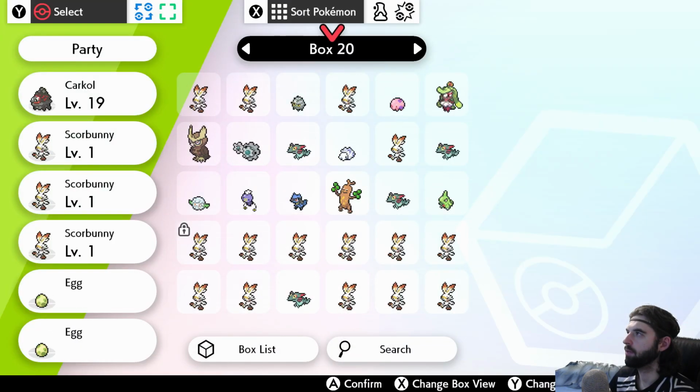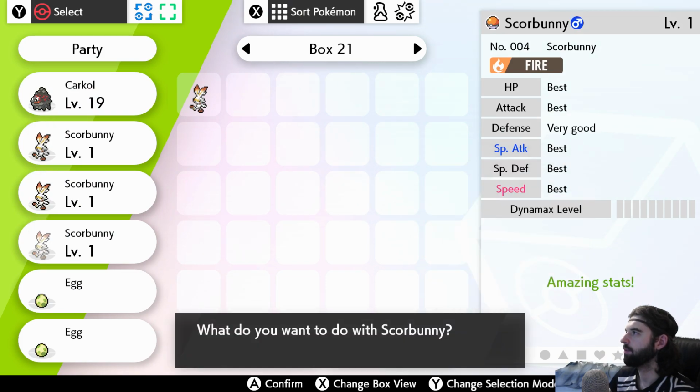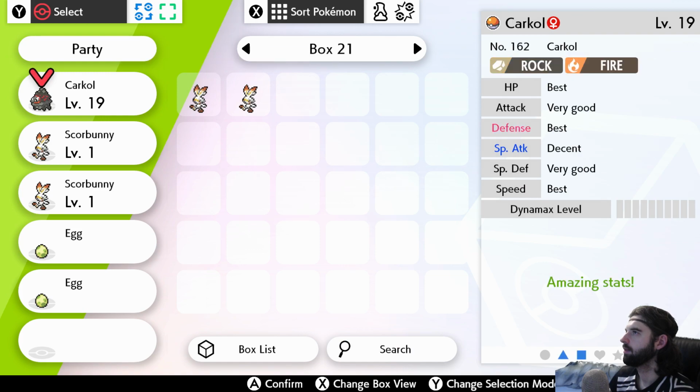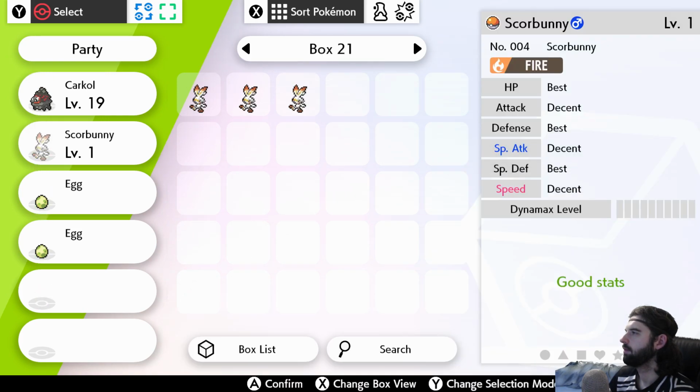Alright, these ones should be bred with the 5 IV parent now. Yeah, you can see right off the bat, it's a 5 IV. So maybe these ones weren't 5 IV, or I really just got unlucky with them. But...